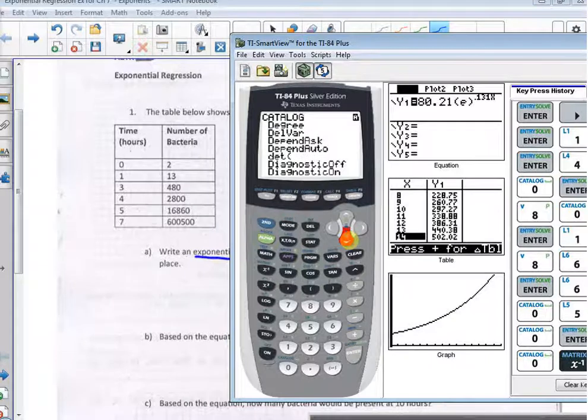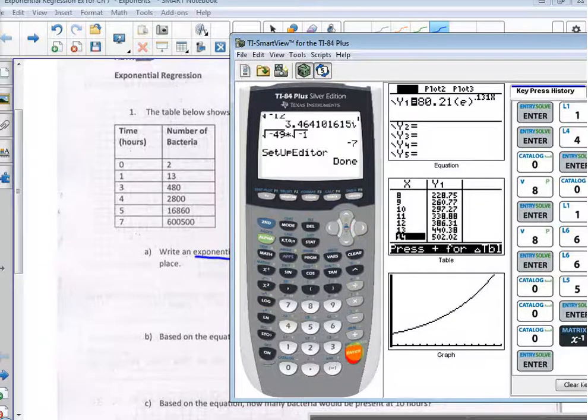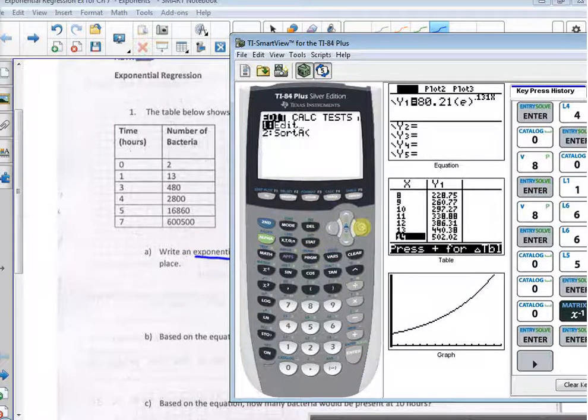You only have to turn this on once. You don't have to turn it on every time. Just once, and you're good. Okay? It's not going to take up memory space. You don't have to worry about it being on. So it's done. Now, to get the exponential regression equation, I go to Stat, Calc, and I go down and